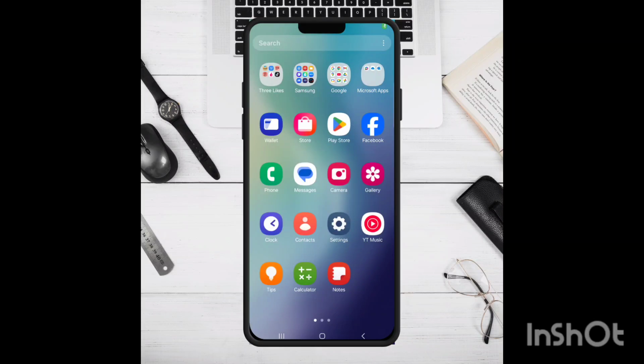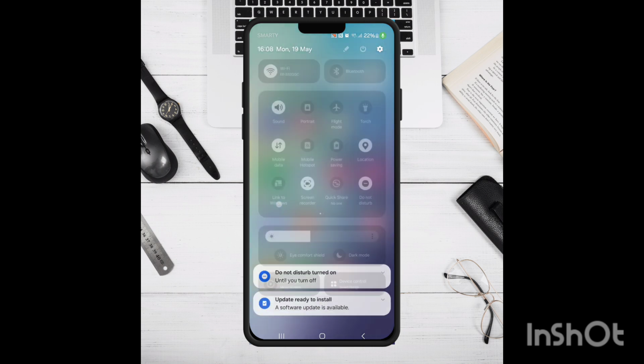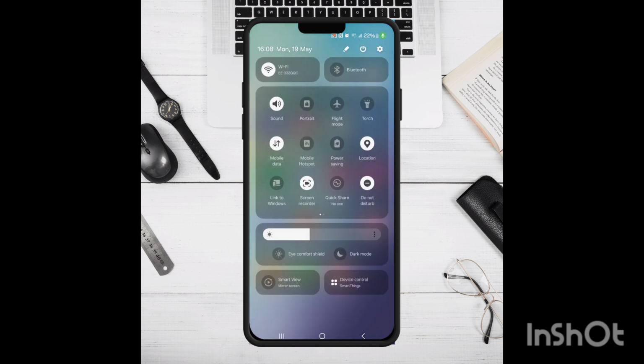How's it going? In this video, I'm going to show you how to add a screenshot shortcut in Samsung. So pull down your notification bar, and at the top you'll see a pencil beside the power icon. Press on the pencil,